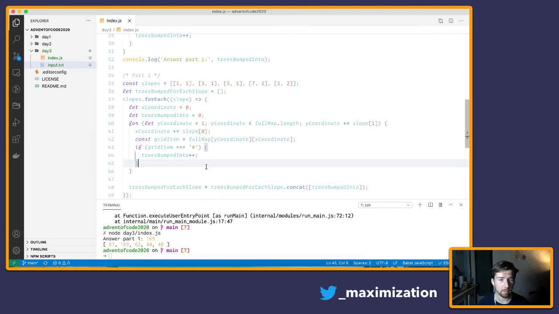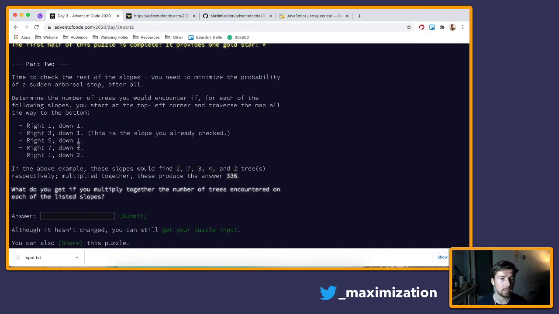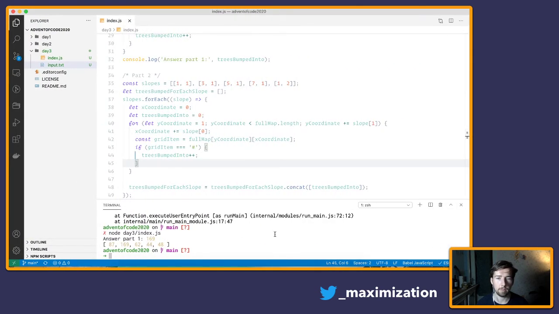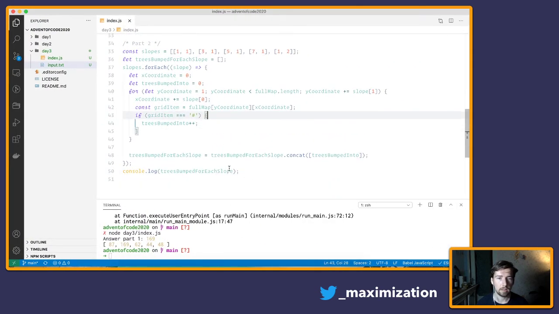Ooh, that looks promising. We have the previous answer here, which is right because that's the second slope. And then we have 4 more different answers for each slope. So 87, 62, 44, 48. So this is the path of least resistance, right 7, down 1 for this particular map input, apparently. And then our answer to the last part is,